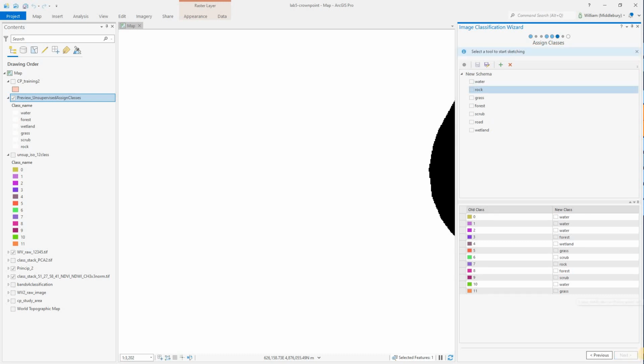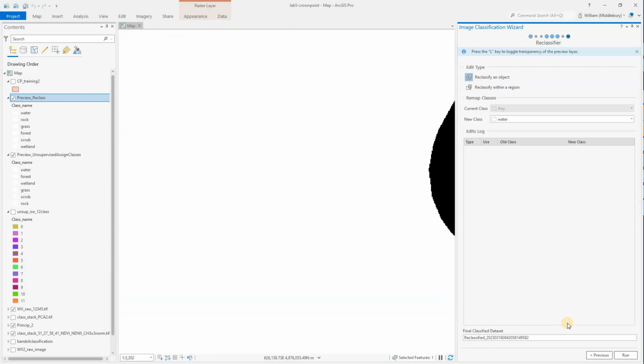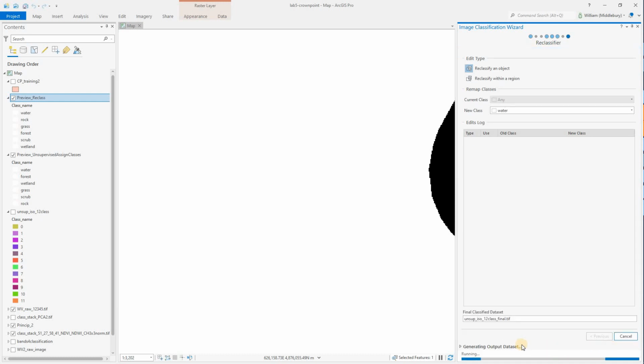So we'll hit next. And this is going to take us into an editing screen where we can manually edit the image. We did do this in the supervised video. If you want to learn about it, you can go back to that. In general, I don't recommend manually editing your classified images. So in this case, we're just going to skip this screen, and our final classified data set here, we're going to give this a name. Let's call it Unsup ISO 12 class final. Try it with a .tiff extension, and then we'll hit run,